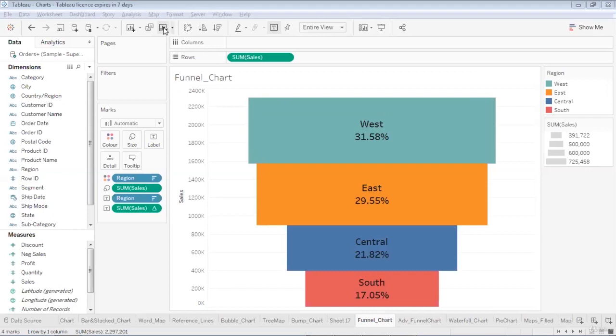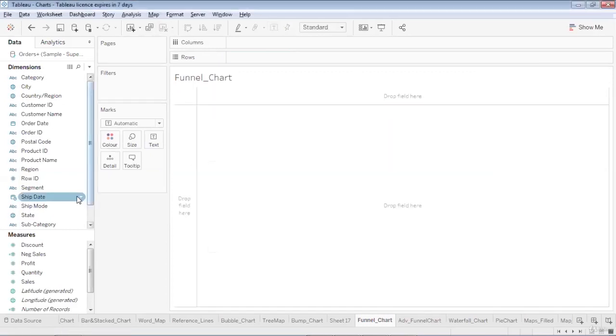So let's create a funnel chart from scratch. For a funnel chart, first of all, take a